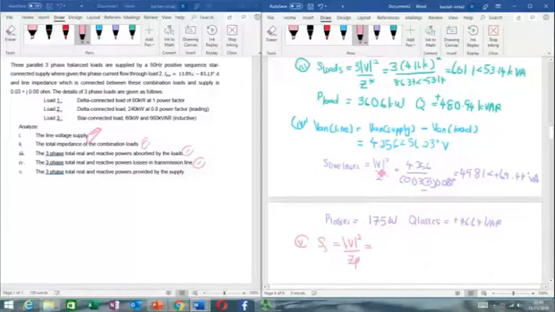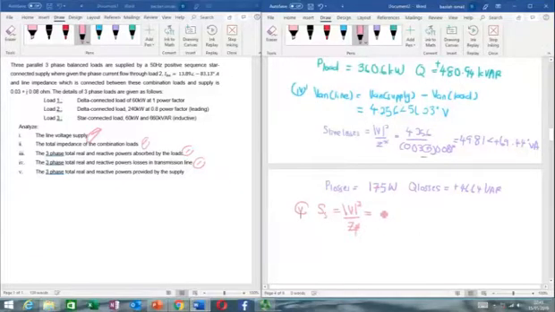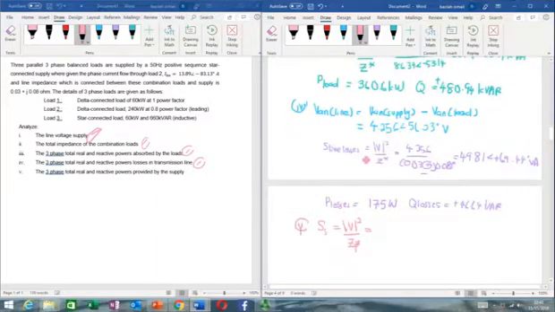Oh, I forgot the 3. We have to multiply with 3 because we need to calculate the total losses. So we need to multiply with 3. So this answer should be